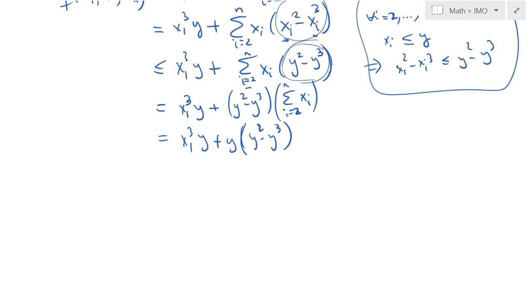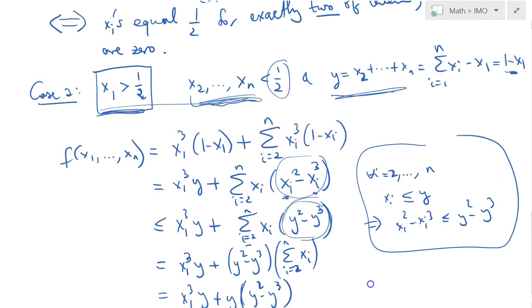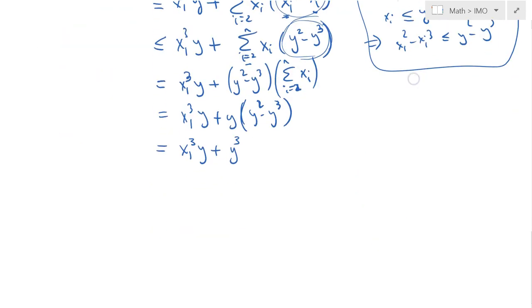And this is equal to, I claim, x1 cubed y plus, actually I can factor out the y squared here, so I will get y cubed times 1 minus y. We earlier agreed that it's equal to x1, because y is equal to 1 minus x1, so that's just y cubed minus x1. And I can further factor out the x1 y, and I will be left with this expression,